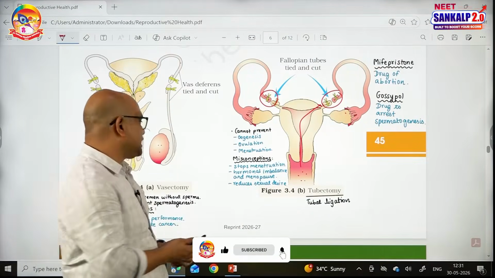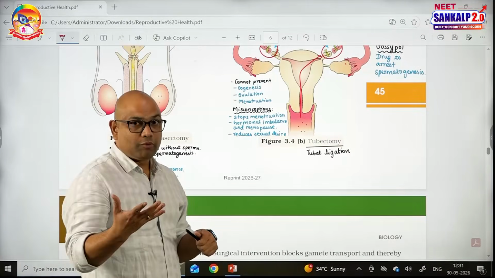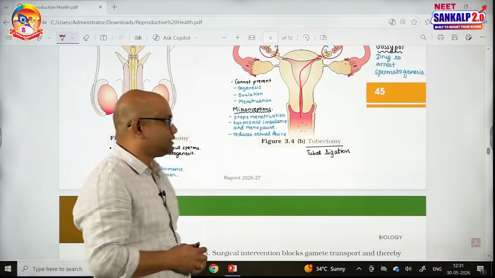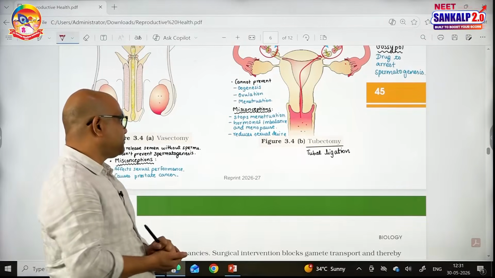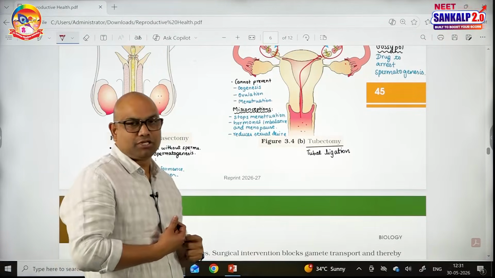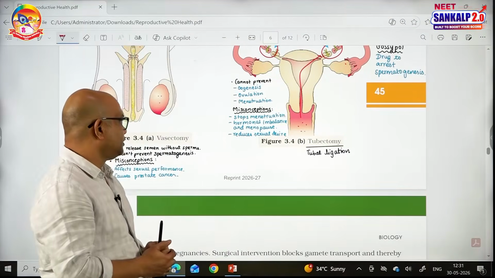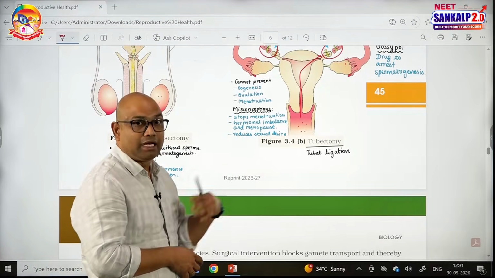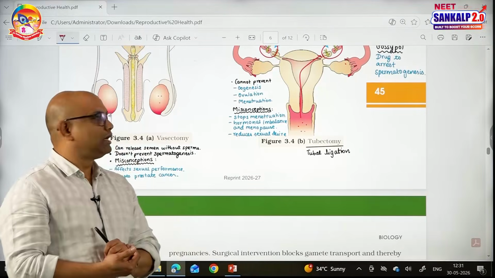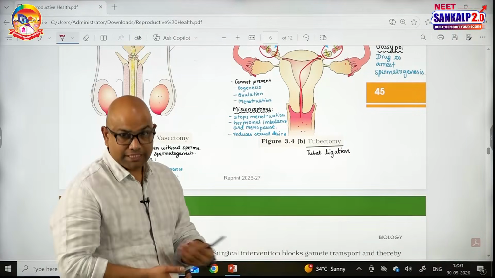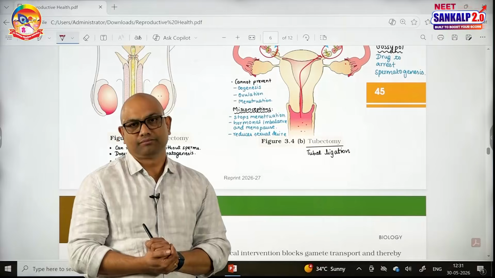And what are the misconceptions regarding tubectomy? See, I just want to tell you one more point. Tubectomy cannot prevent oogenesis. There is oogenesis. It cannot prevent ovulation. It cannot prevent menstruation. But the females have misconceptions regarding the tubectomy, like it may stop menstruation. No, there is menstruation. Or that because of hormonal imbalance, there is early menopause. Tubectomy generally will not cause hormonal imbalance. And one more misconception is that it may reduce the sexual desire. No, it is in no way related to the sexual desire.